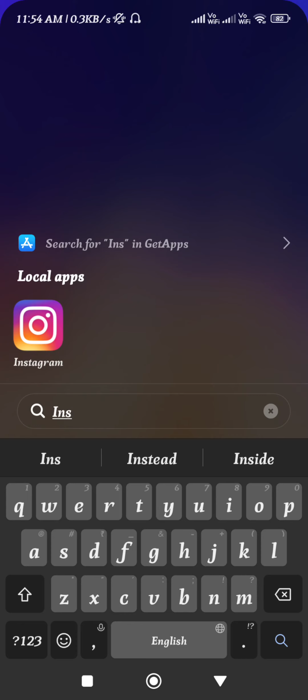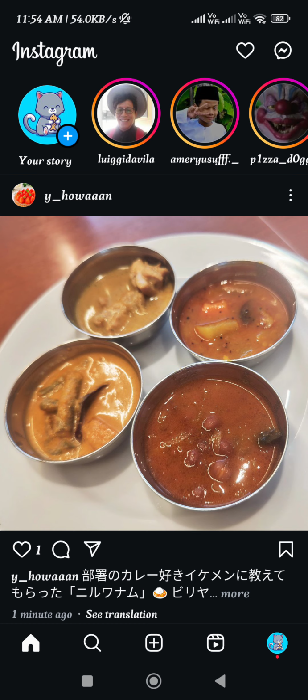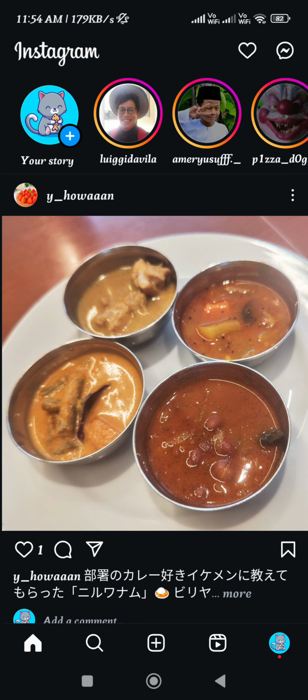Hi everyone, today I'm going to show you how to post 20 photos on Instagram. For that, launch your Instagram mobile application and select that particular account on which you want to post 20 photos at once. After that, tap on the plus icon that would be in the middle of your screen, and then